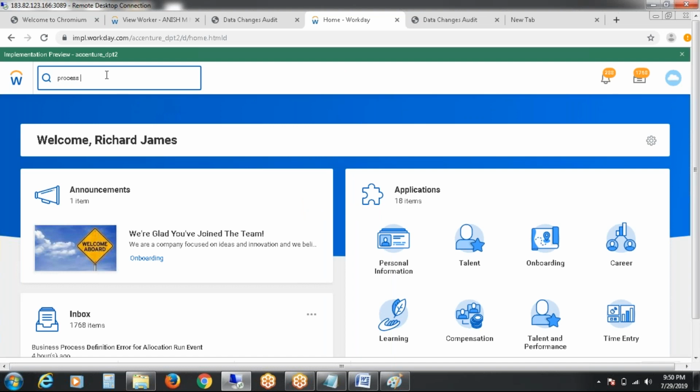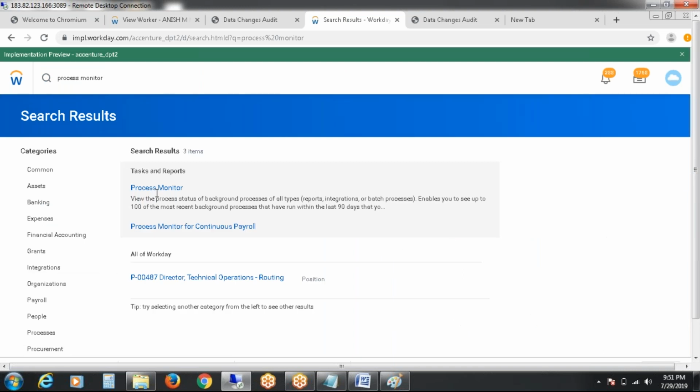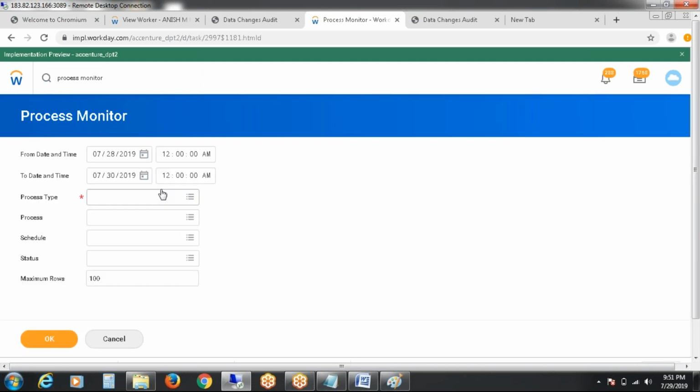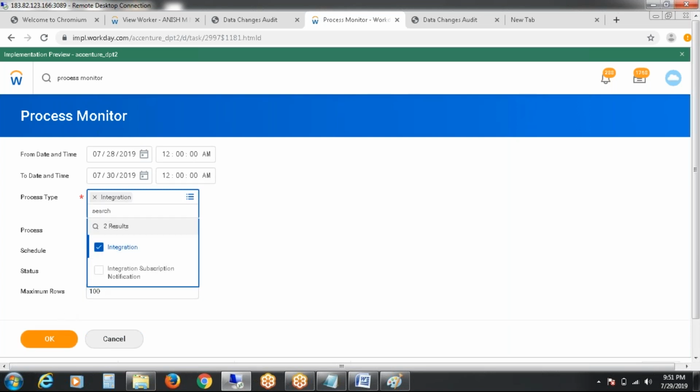Process monitor. Integration, this is also important. Interview questions, they used to ask how you will search the background process things.